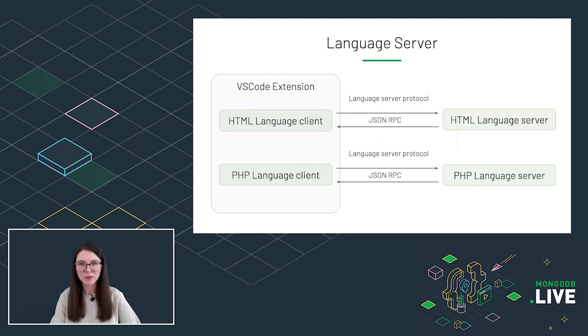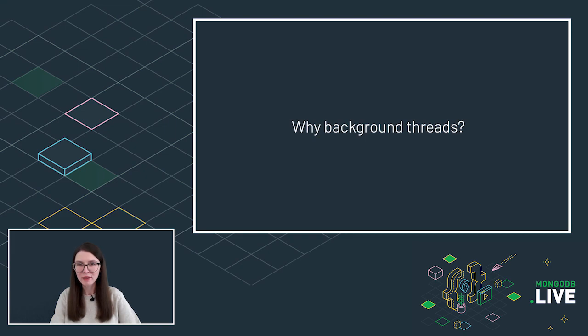We added the language server to the extension in order to support language-specific features that can be very resource-consuming. The autocomplete requires parsing of the user input, building and traversing abstract syntax trees that can significantly increase CPU and memory usage. Because the language server is a separate JSON RPC-enabled process, it provides an option to handle any processing off the main UI thread. Therefore, we leverage it as the background process to prepare autocomplete options and interact with MongoSH. But if the language server is a separate process, why do we then need background threads?